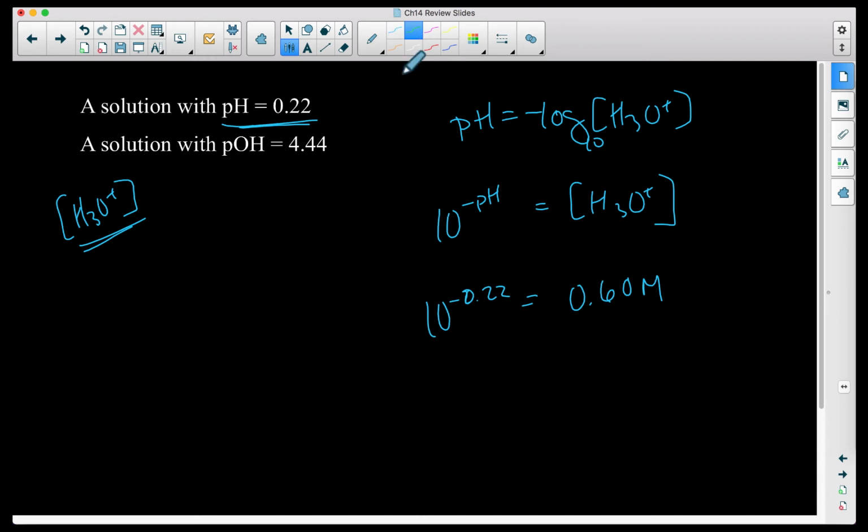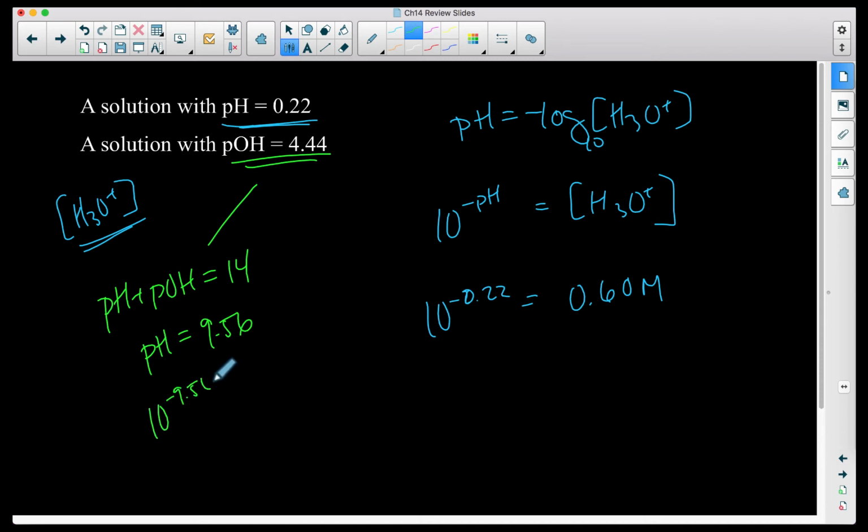As a follow-up, we have this. pOH is 4.44, and we have a couple of ways we can solve this, right? pH plus pOH equals 14, which means that in this case my pH is going to be 14 minus that. So if we take 14 minus 4.44, that's going to give us our pH, and then from here we can do 10 to the negative 9.56, which will give us a number, obviously, 2.8 times 10 to the negative 10